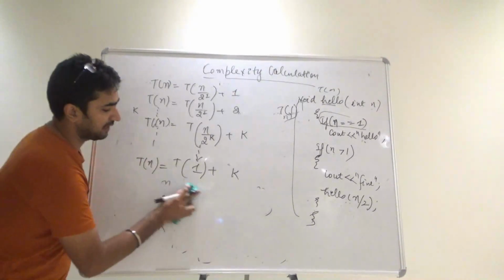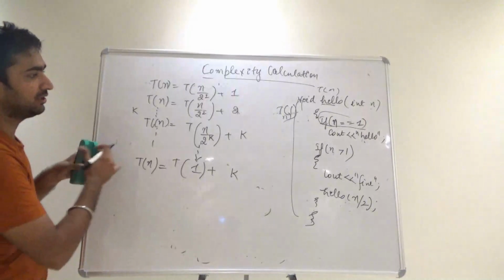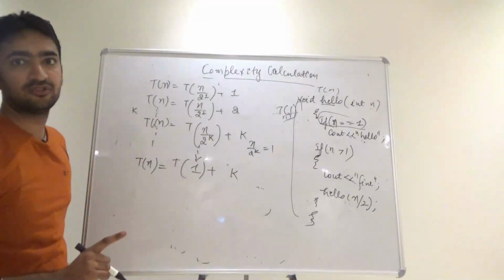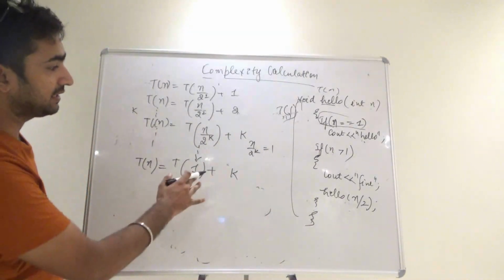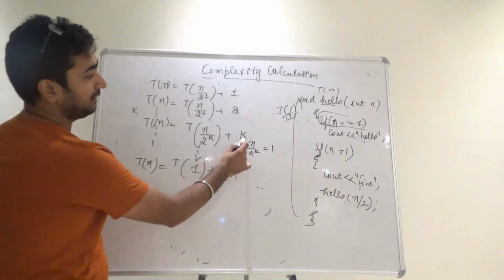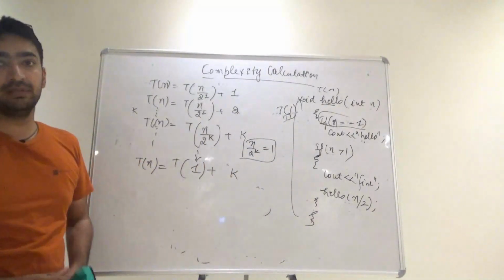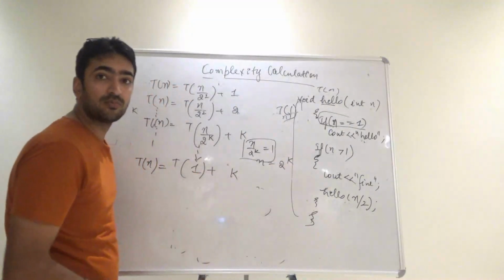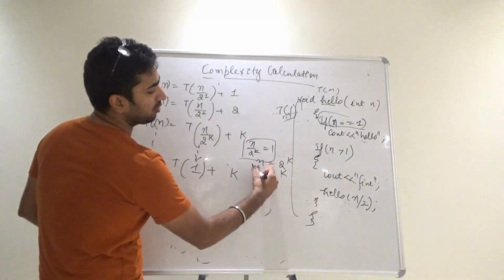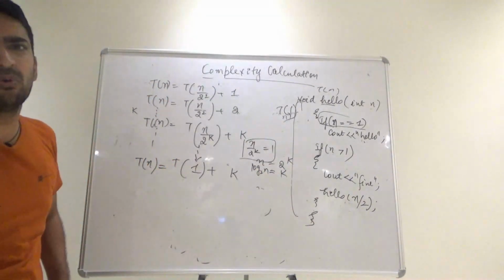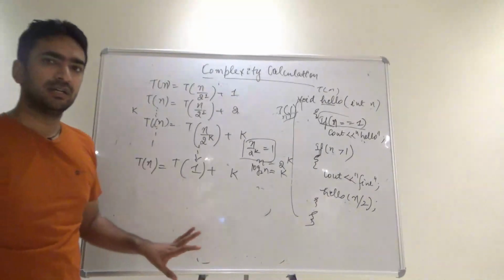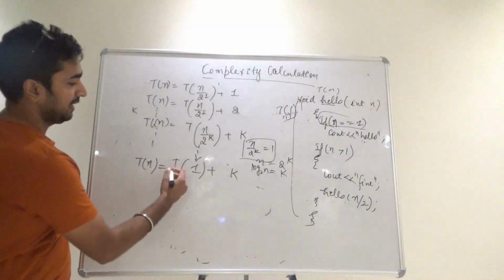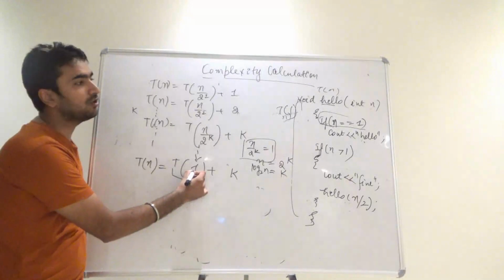I am putting n by 2 raised to power k as 1 because I want to end my recursion. So recursion can only end if we end it properly. So n by 2 raised to power k is equal to 1 means that your n value is dependent upon 2 raised to power k, and your k value would be log of n base 2. If I put log on both sides, it is log of n is equal to k.